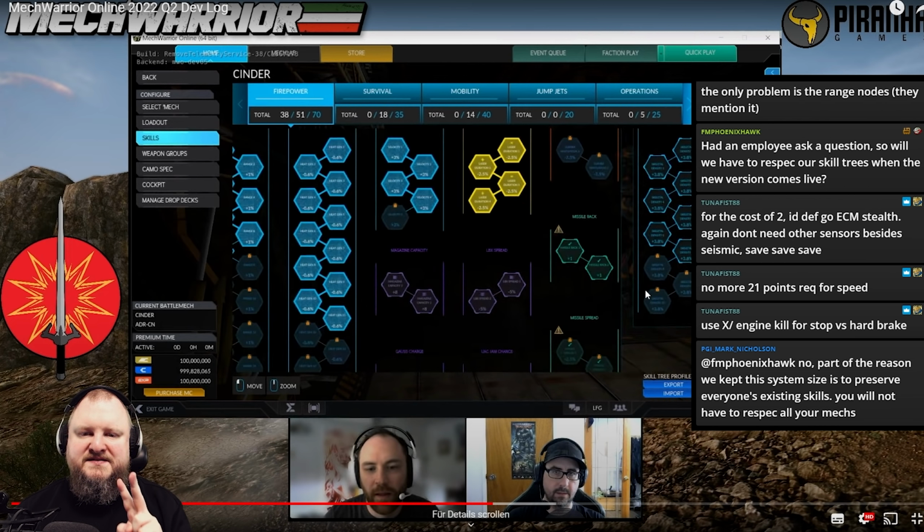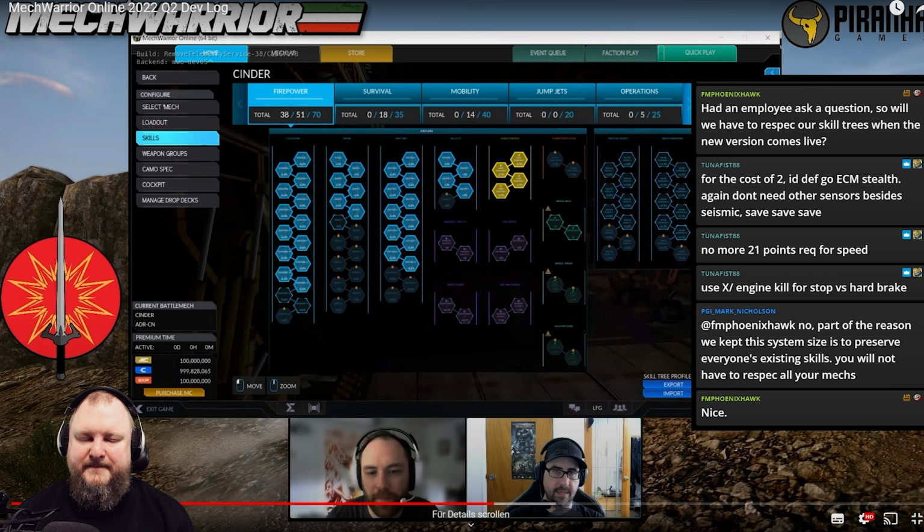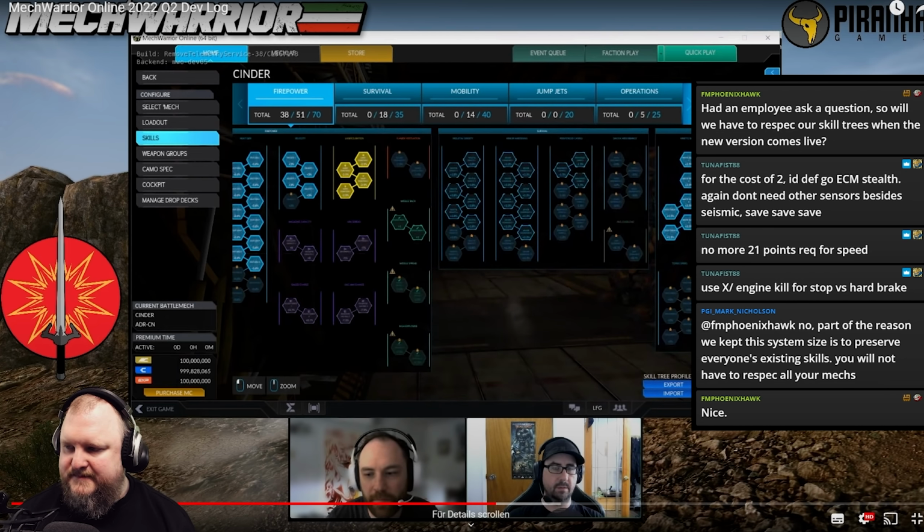If you take an AMS mech, please, guys, always take AMS overload. It just powers up your AMS so much more. For reference, watch my anti-missile guide. So yeah, that is the new skill tree. What I'm going to do, when we put up this devlog, is get a screenshot of each section. But I'm going to take a short break, Mark, and then when we come...